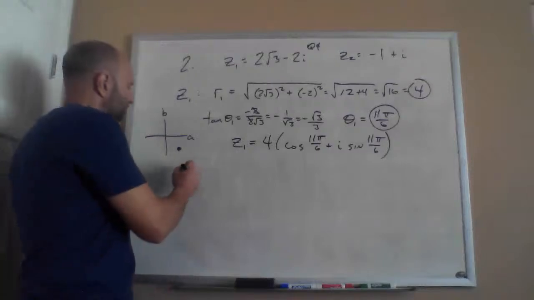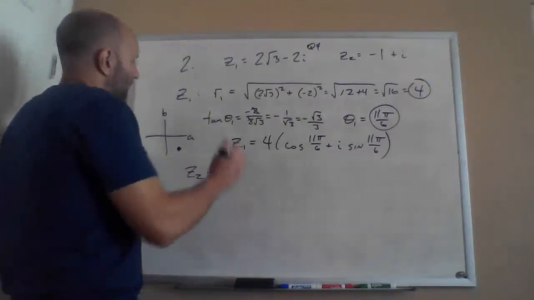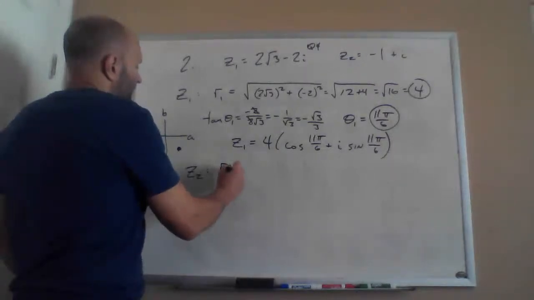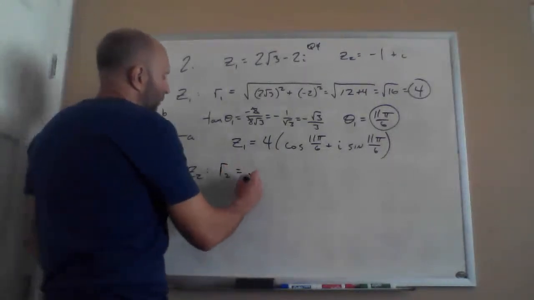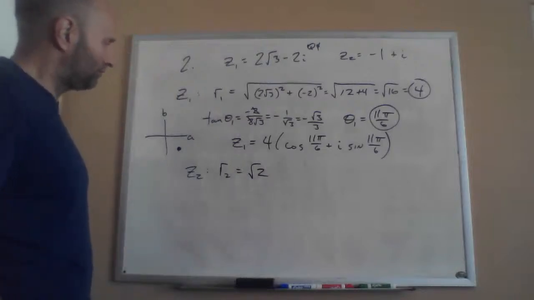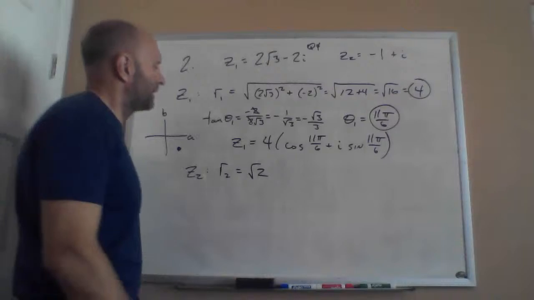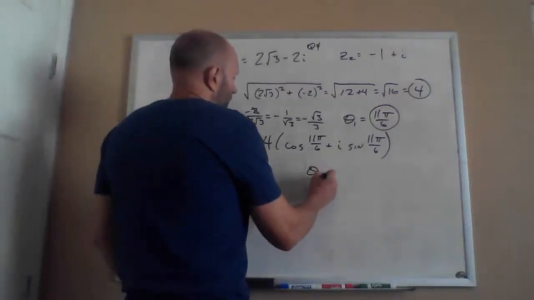So Z2. So our R2 is going to be square root of 2. If you guys need me to work this out, let me know. Otherwise, I'll give you what the R's and Thetas will be to save a little bit of time here. So our Theta 2,